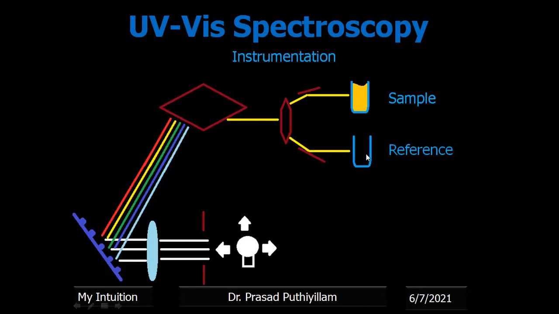Usually as a reference, we keep a blank cuvette, or you can use the air as such, because there is nothing to be absorbed; it should be passed through that. Or we can use the solvent which is used to prepare the sample. Most of the time in research, we use the solvent. Other than the component which gives color, everything else will be present in the reference. So we can have that particular ray as a reference.